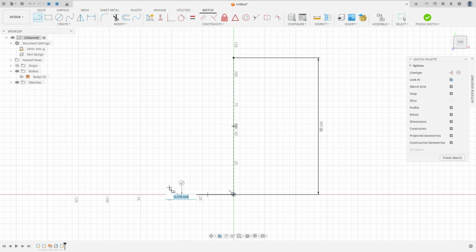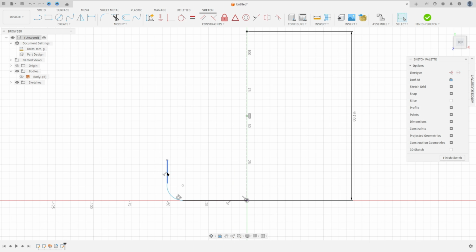Make a line here, an arc, and another line. Make sure that this line here is a vertical line, okay? And this arc must be tangent with both lines. Go to sketch dimension, the distance here 45 millimeters, and the radius 10 millimeters of radius. Okay,